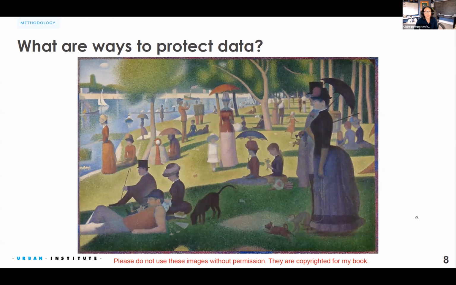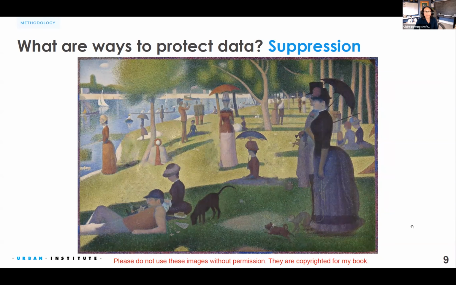Here you can see that we just removed a few people. That typically happens when you have very unique individuals in the data and you don't want them to be part of it. Let's say somebody is over 85 years old, you tend not to want that person in the data set because, again, it's very easy to figure out who they are.